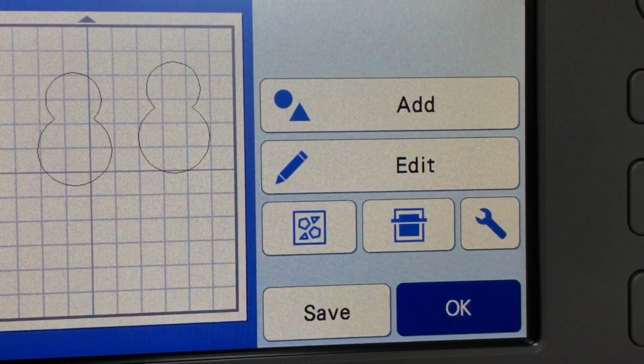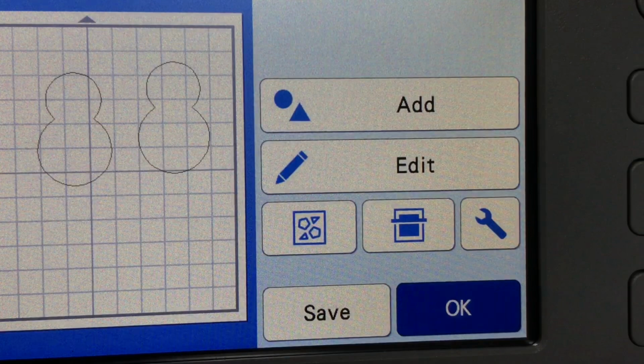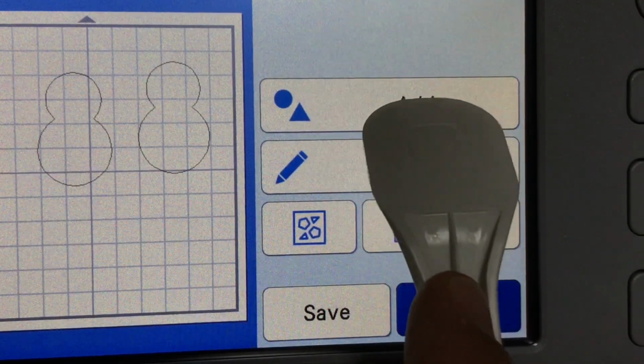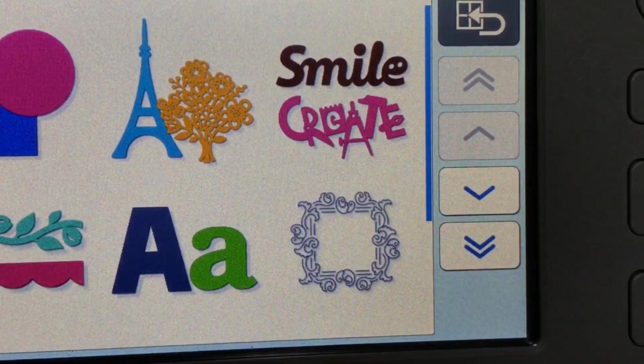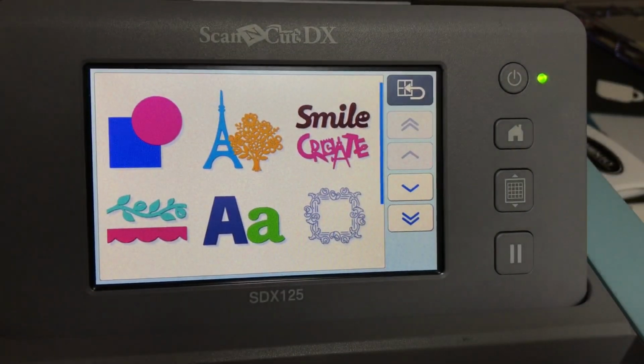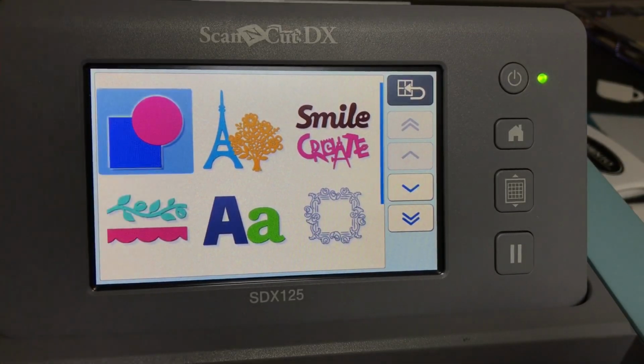We want to get back to where it says add. And now that we can see the add, we're going to add the scallop circle. The scallop circle is going to go through the little belly of one of these snowmen for the Tic Tacs. So we're going to say add, and we go to pattern. Now I'm going to just zoom out because I don't want you to miss anything there. Zoom it out. Okay, so we went add pattern, go to the pattern,